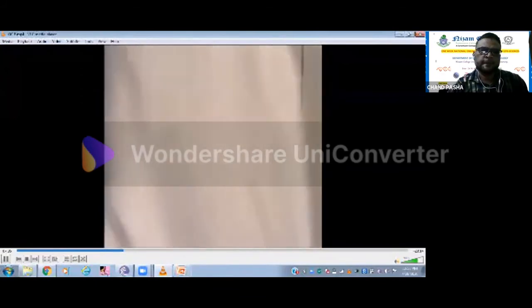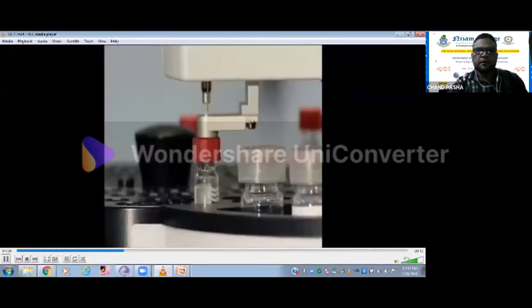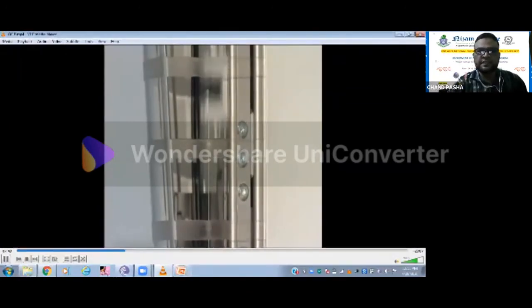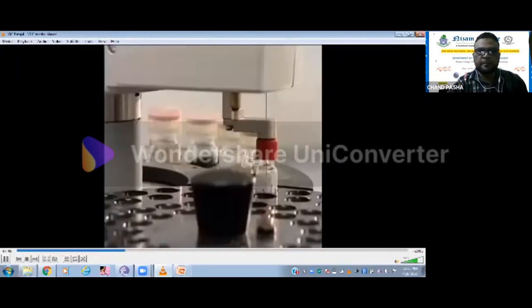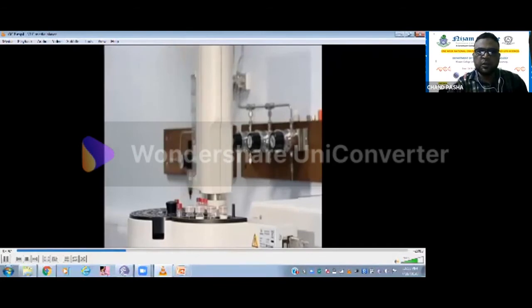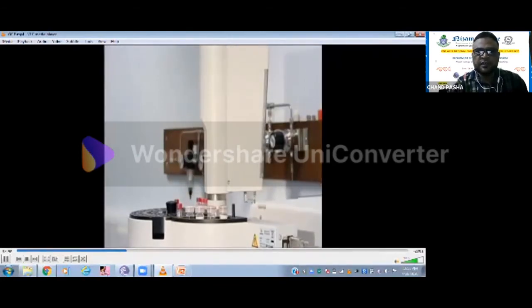This is the auto sampler, it is taking the sample from the tube, and now it will load into the HP, that's a GC machine. That's what is called the auto injector.